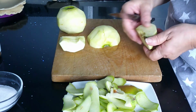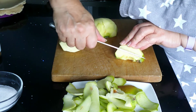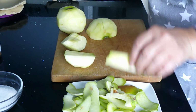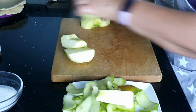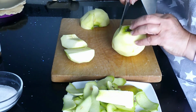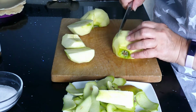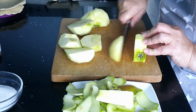Some people are concerned about cutting towards their hands, and if I turn this way it's slightly awkward to do, so some people will put the apple on the board, and I can't finish it that way, but you cut diagonally and take the apple core out. And if you are really concerned about cutting down towards your hands, what you can do does make more waste this way, but you can cut straight down there and basically take quite thick slices of apple away from the core,